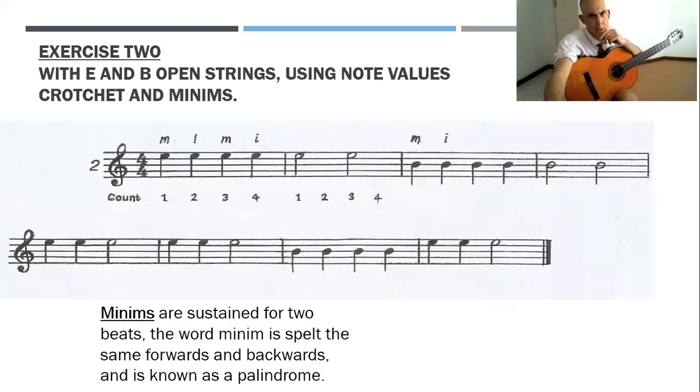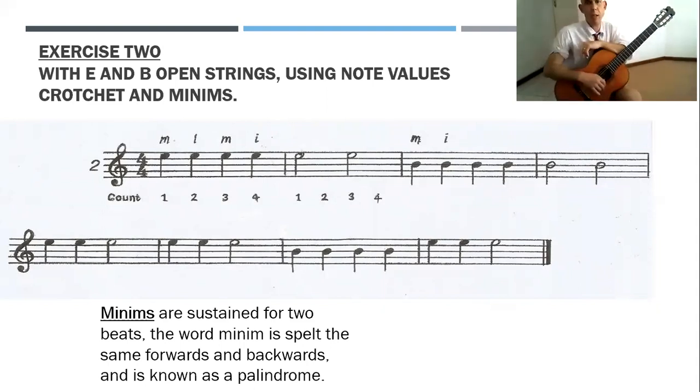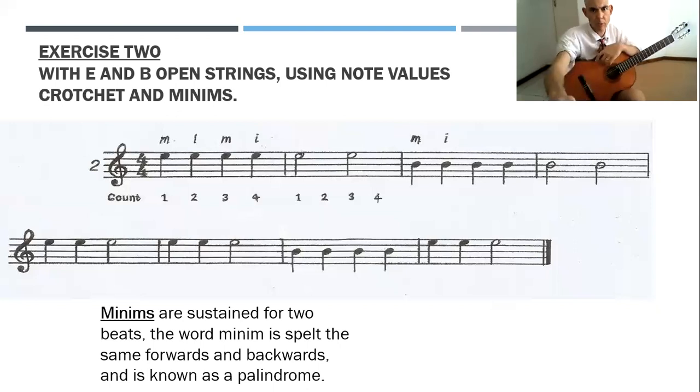Let's have a go at exercise 2 now with E and B open strings using note values, crotchets and minims. After 4, always count 4 bars in. 1, 2, 3, 4. Minims are sustained for 2 beats. The word minim is spelt the same forwards and backwards and is known as a palindrome, which means Greek for running backwards and forwards. So if you spelt minim,